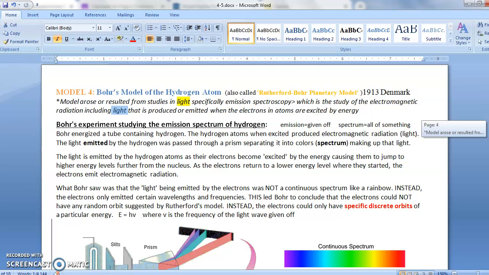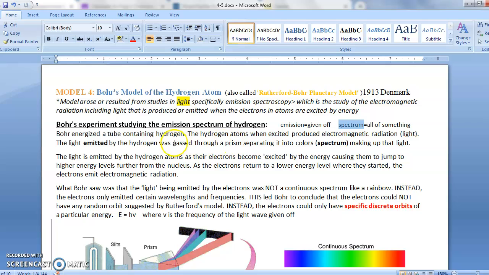And they found out something quite unusual. They found out that different atoms had different spectrums that were produced when the atoms were excited. So they were studying what we call the emission spectrum. Emission means give off. Spectrum means the components of something that's making it up. In other words, they were looking at what was making up the light that was being given off by atoms